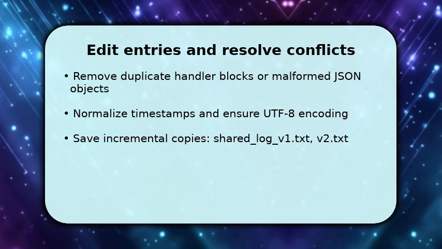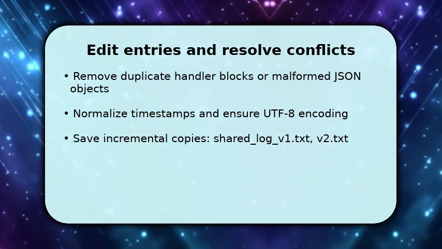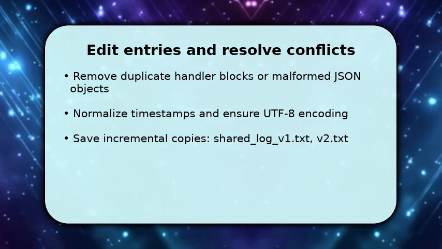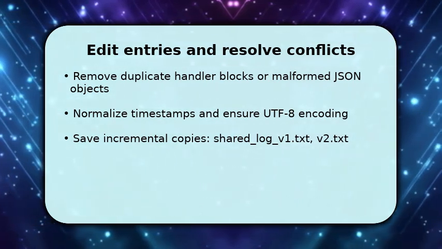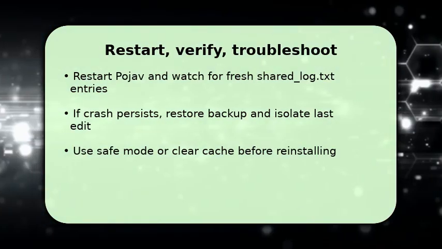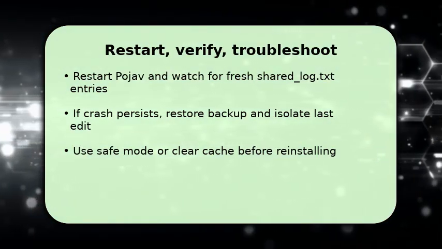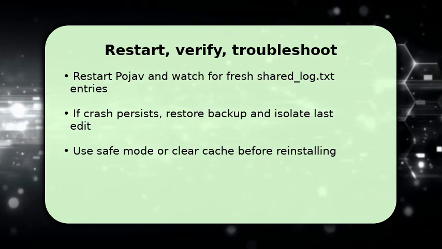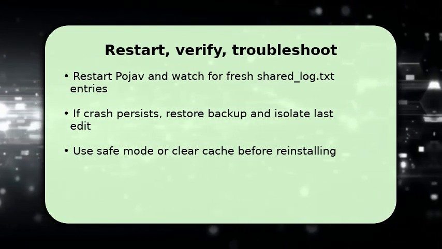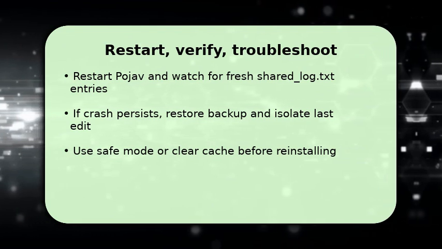If you have ADB, push the corrected file back to the app folder and restart Pojav so changes take effect immediately. Finish by restarting Pojav and watching the regenerated log for errors. This confirms the repair. If you still see crashes, restore the backup and reapply edits one change at a time